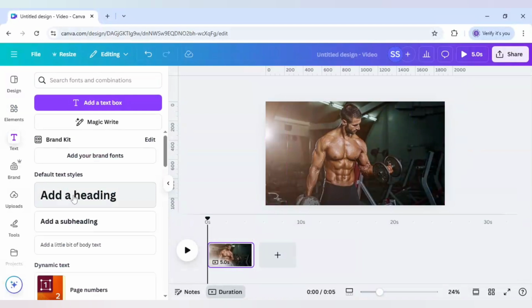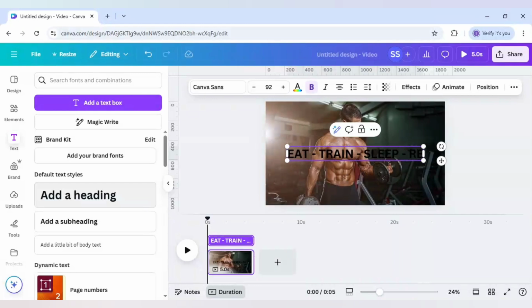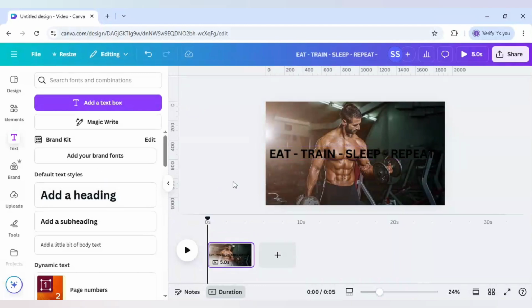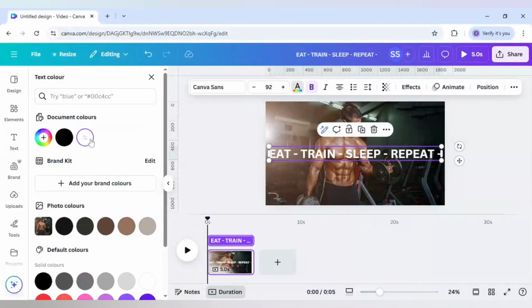So I will go to text and click on add a heading and here I will write eat, space, train, space, sleep, space, repeat, and another space. So this is the writing which I will be using, and first I will change the text color to white because we want to make it a pop out rotate text animation, and for that white helps